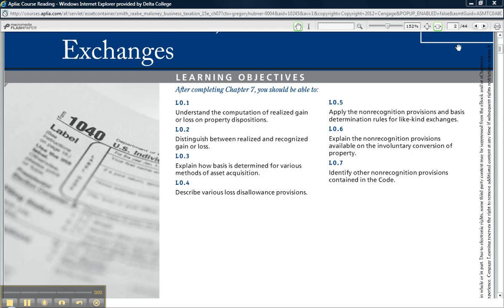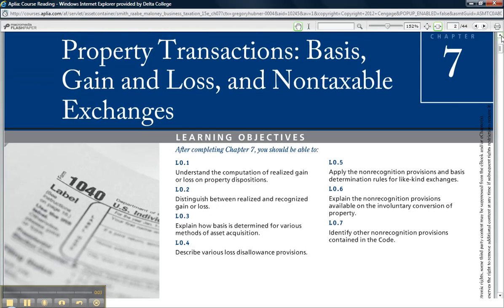Chapter 7 is about property dispositions. We're talking about selling or exchanging long-lived assets, basically land, equipment, things like that. So in the first part of this chapter, we're going to talk about how to compute the gain, and then